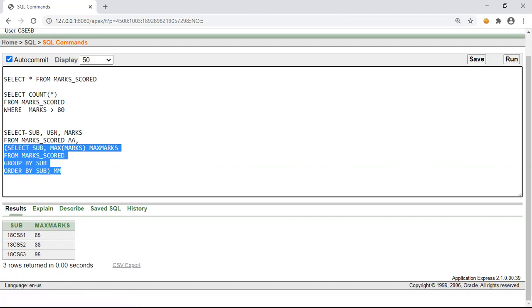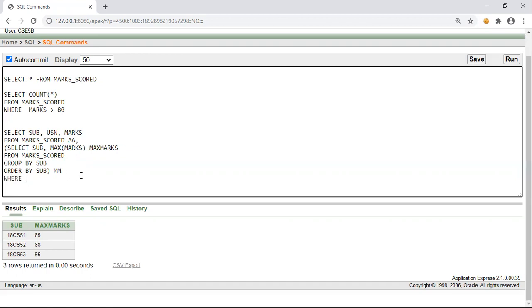So from marks code as AA, comma, this acts as a second table for us, right? Which means in the from clause, where we list all the tables that we'll be using in the query, we can specify a query itself, right?